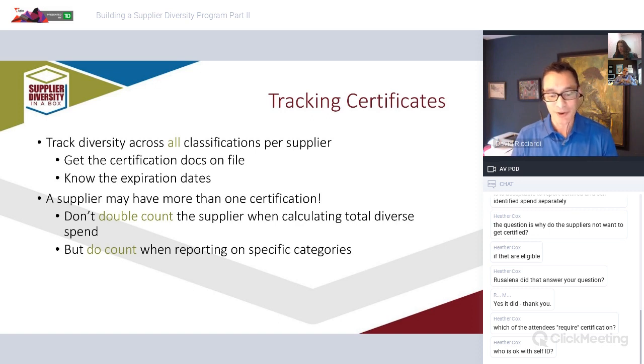We can only put in one category. And so what those companies wind up doing is they create a hierarchical system. They say, all right, if you're a minority-owned business, we count that. And if you don't have that, then if you're a women-owned business, that's the code we plug in, and on down the line. And what you wind up having is you show your accurate numbers for whatever you put at the top of the hierarchy.